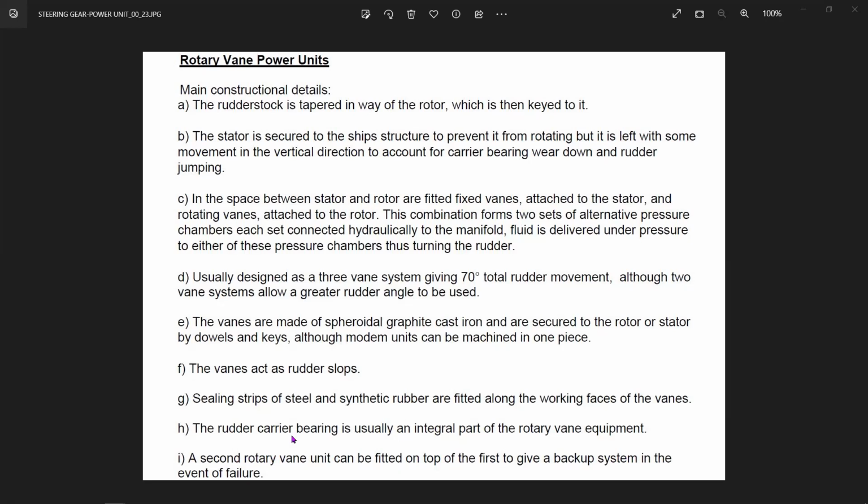But generally, you have only one rotary vane system, and what they do is duplication of the entire